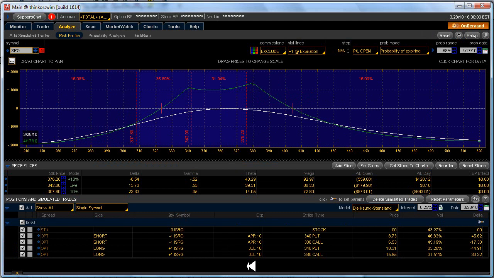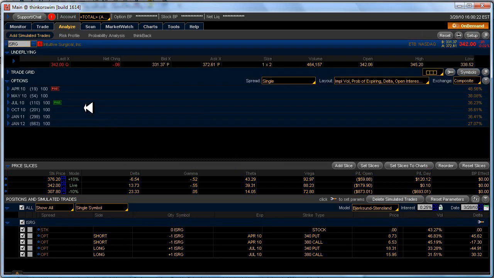All right, I may want to do an adjustment. So I can throw an adjustment in here. And what I would do is probably get another put calendar down here. If I needed to adjust on the call side, then I would buy a call calendar. But down here, I will buy a put calendar. So I go to add simulated trade,